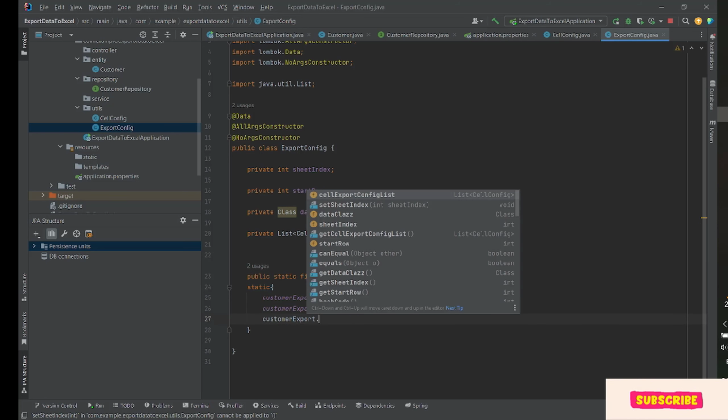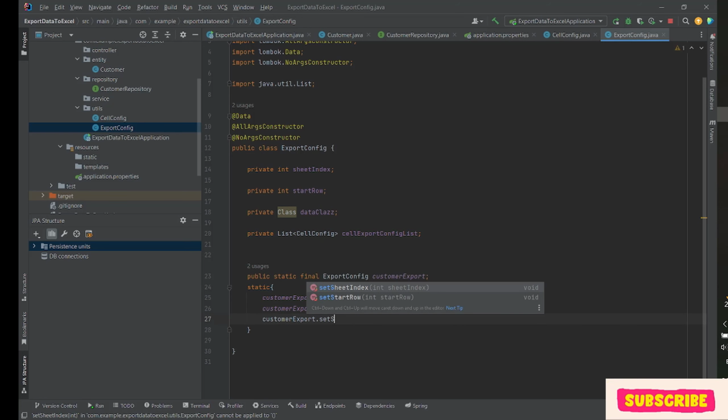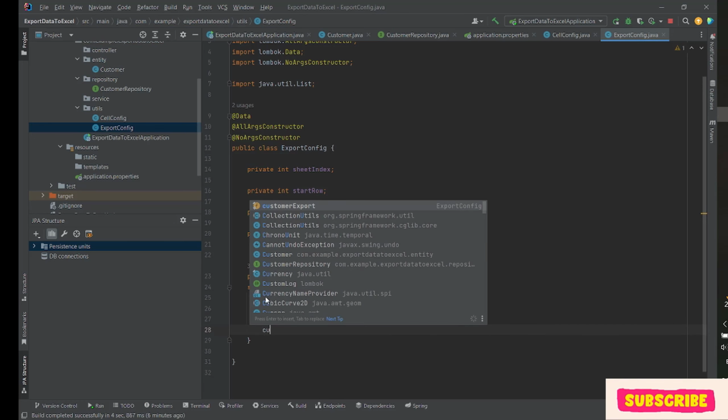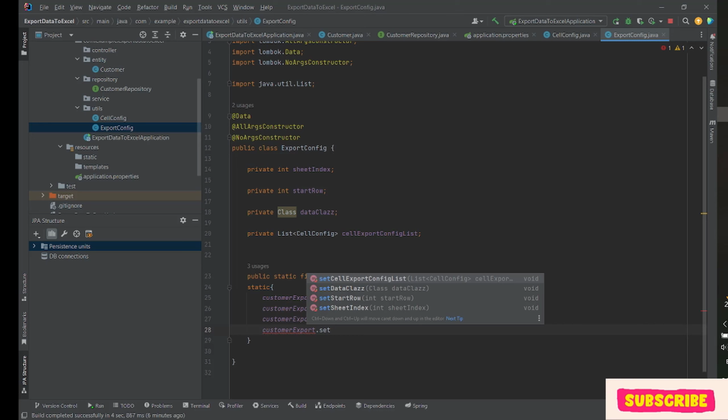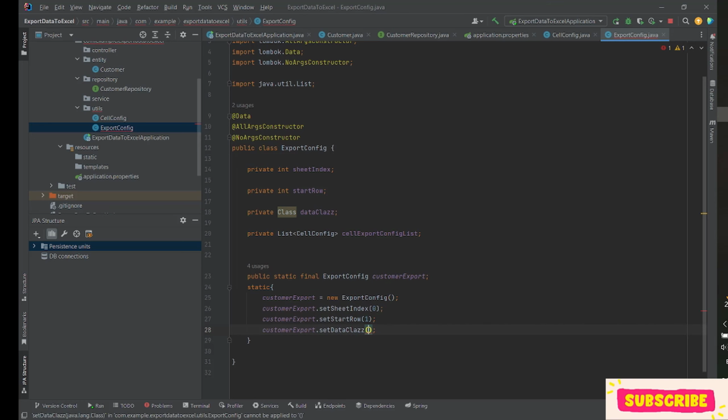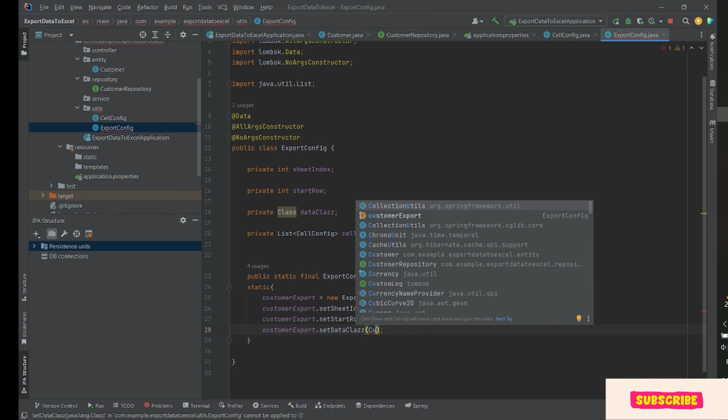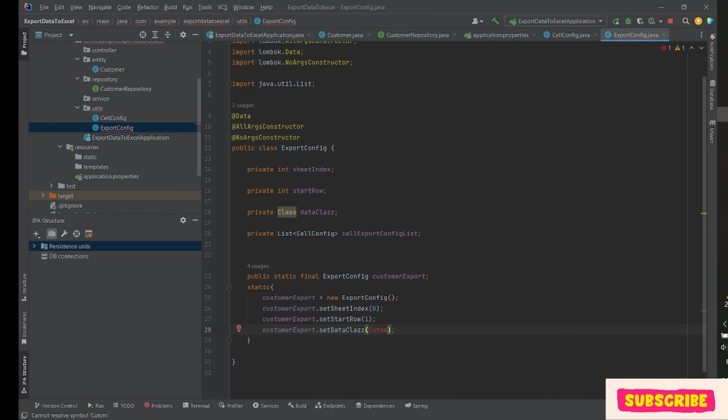Customer import set start row equal 1, and customer import set data class here is the customer class, and list